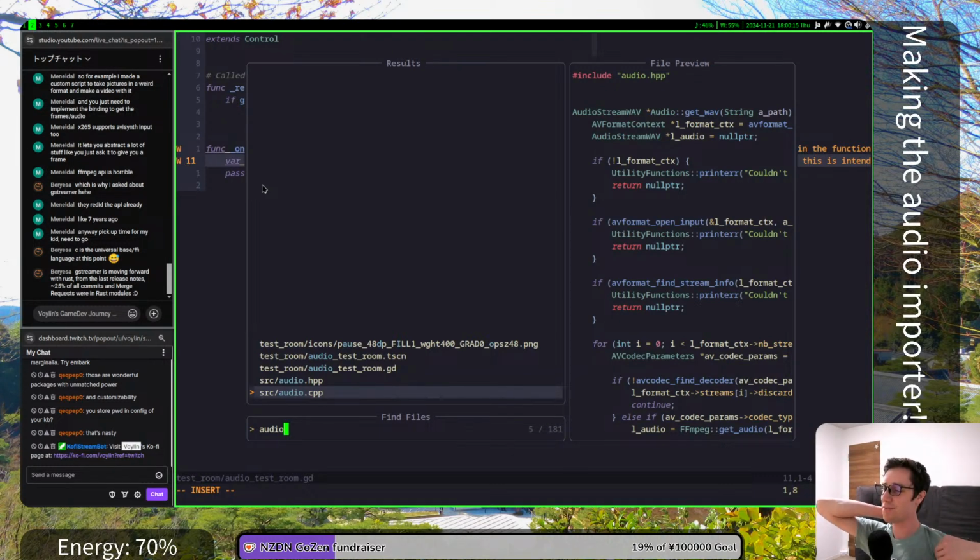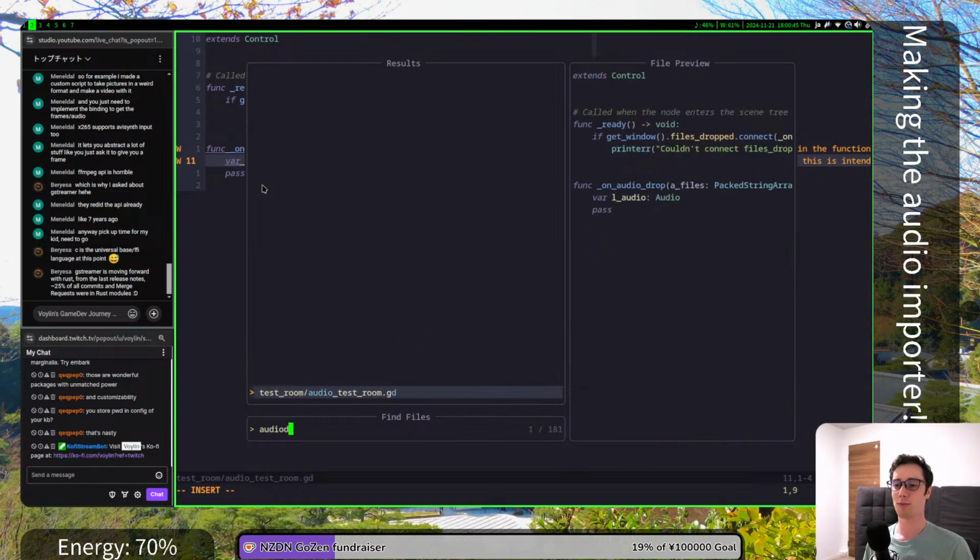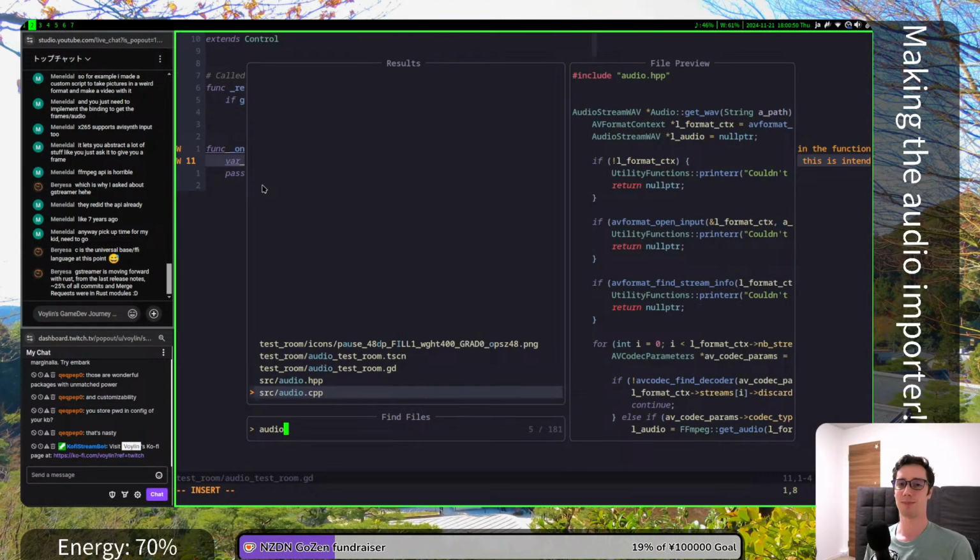You store your password in config in your keyboard. That's nasty. I know it's bad. I know that may look very, very bad, and that's because it is. In my defense, this is a config. I have two configs for my keyboard that I switch when I do live streams and when not, because when I do live streams, I don't want to have to type or find my entire passwords. So yeah, I switch between these configs. Normally I type out the password